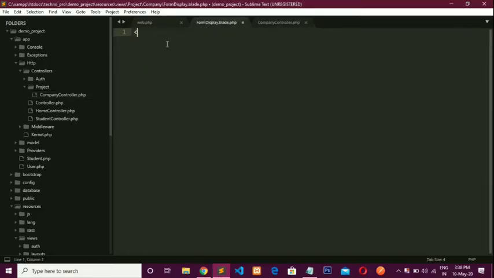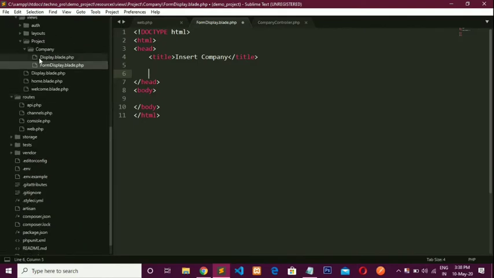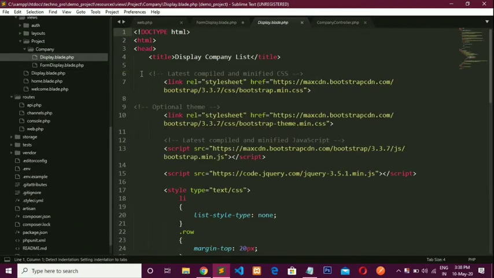Now remove this and write our HTML code. Insert company. First integrate our Bootstrap file. So I am using the online CDN here. Okay, copy this from here.